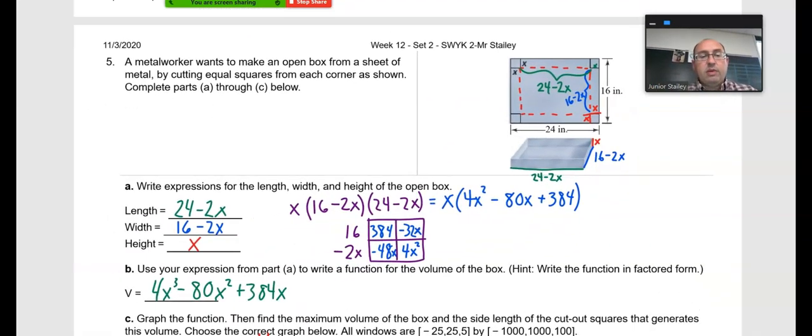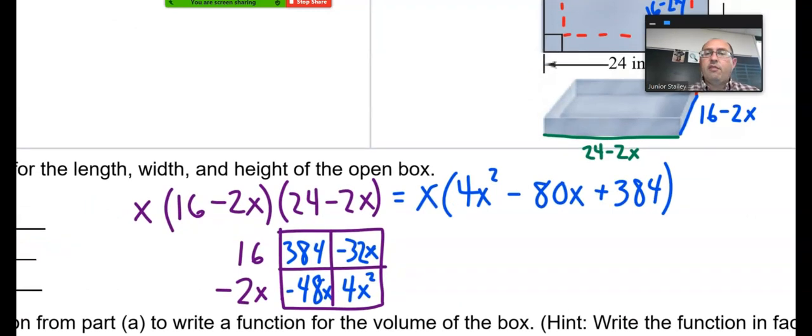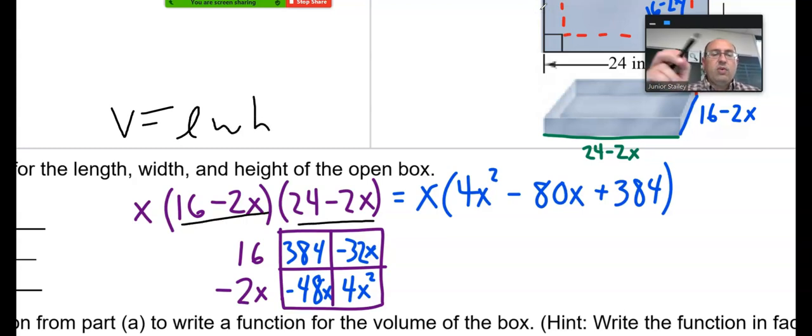Volume is found by length times width times height. Length times width times height. Well, you know that. You've studied volume of a rectangular solid from geometry class, right? Volume equals length, width, and height. Well, if your length is 24 minus 2x and your width is 16 minus 2x and your height is x,